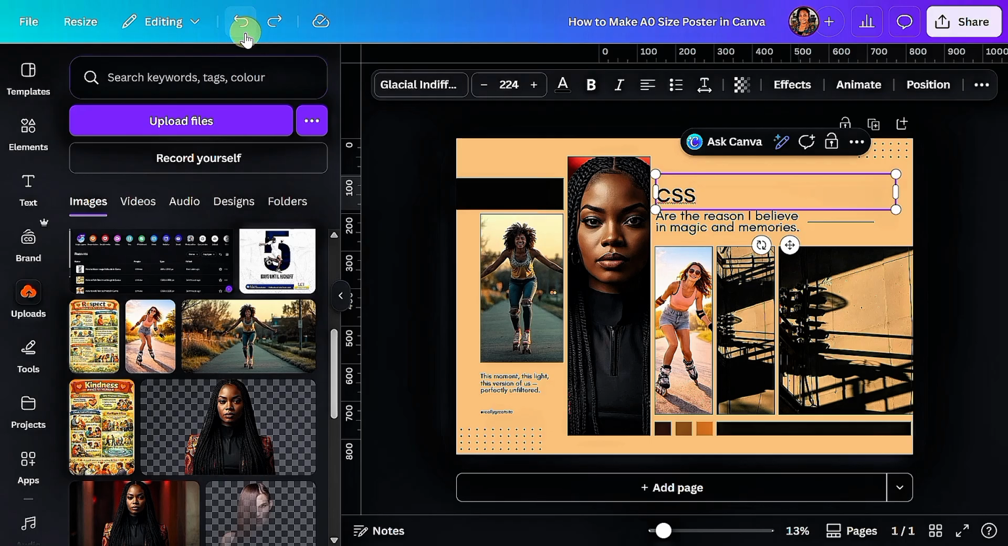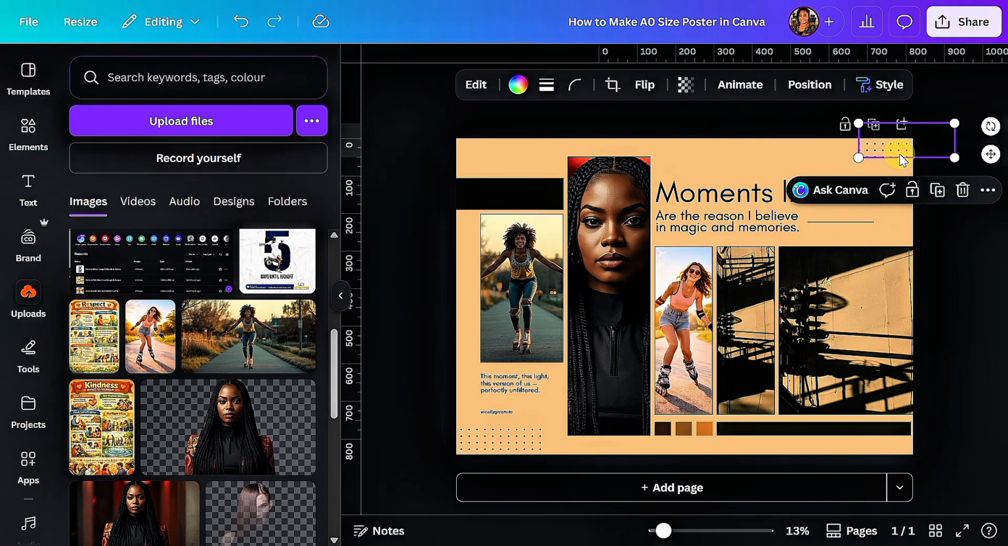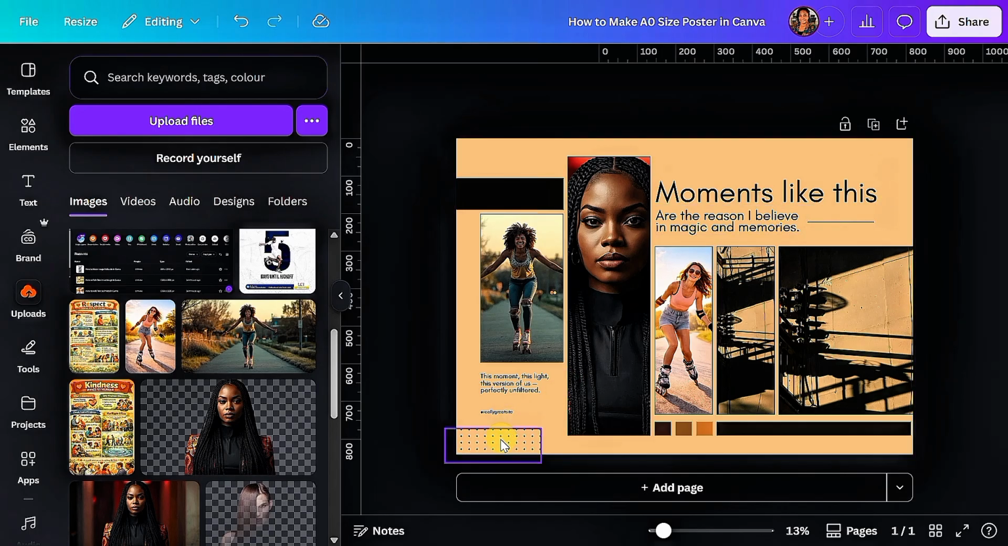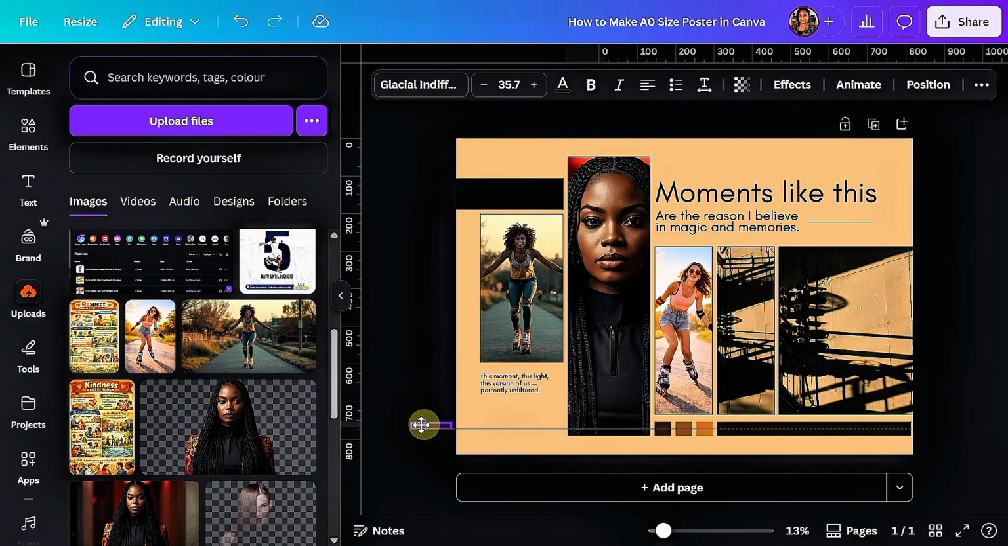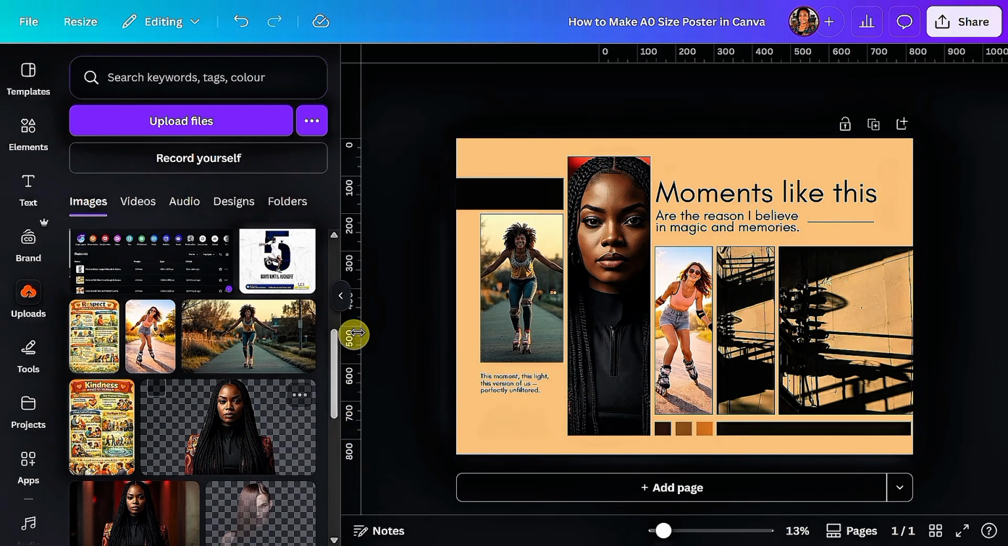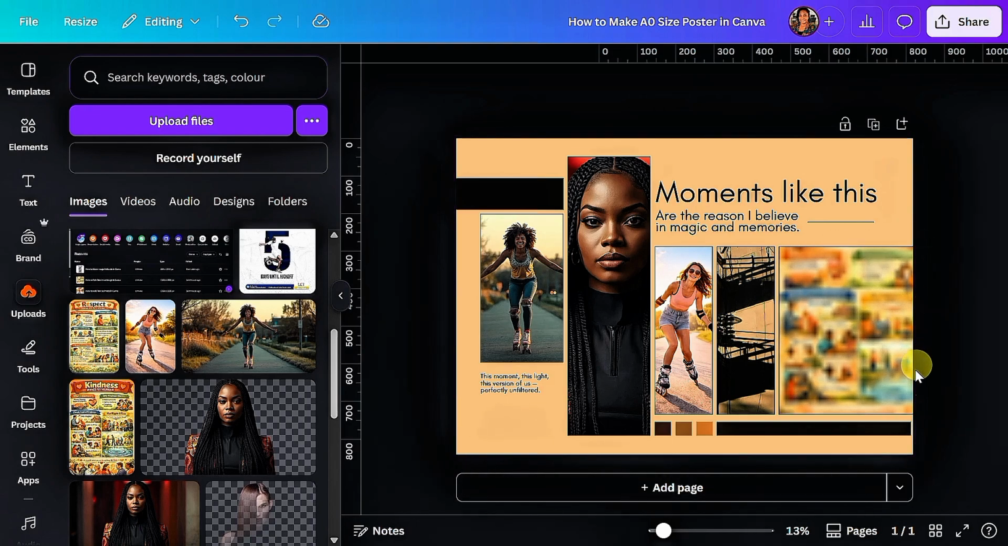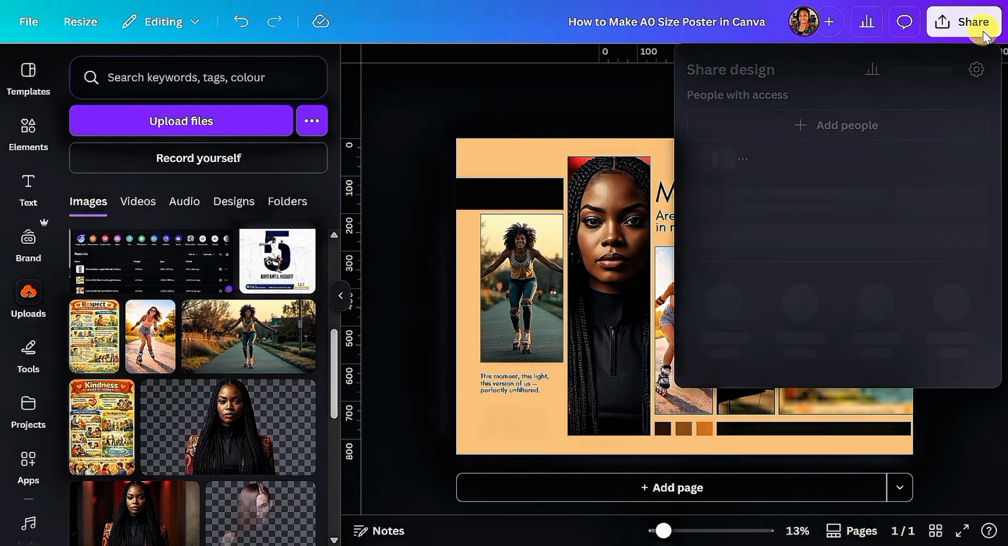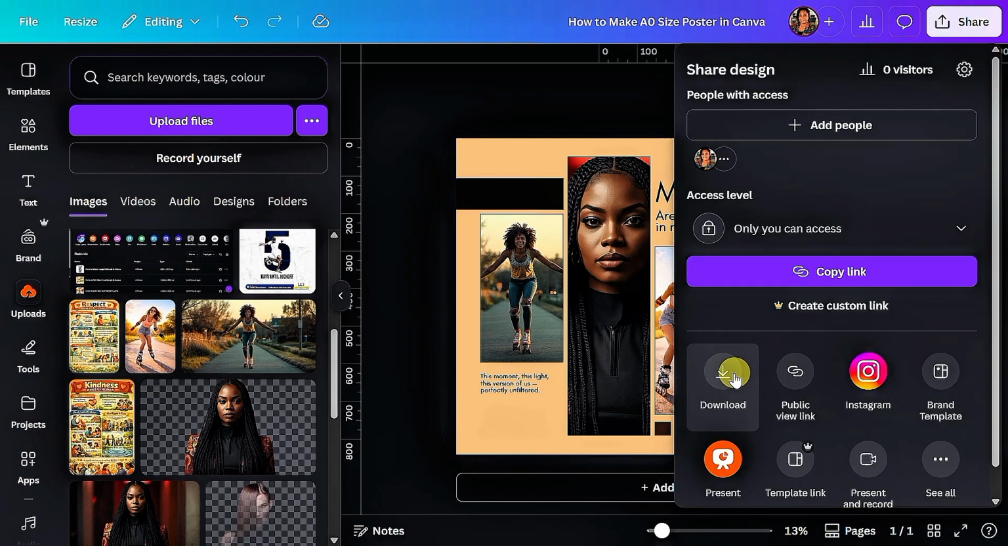I would undo that. You can also take things out you don't want in this design. For me, I'm going to pull this away, and I'm going to pull this away, and I'm going to pull this away. Once your design is ready, you're going to click on share here, click on download, and from here